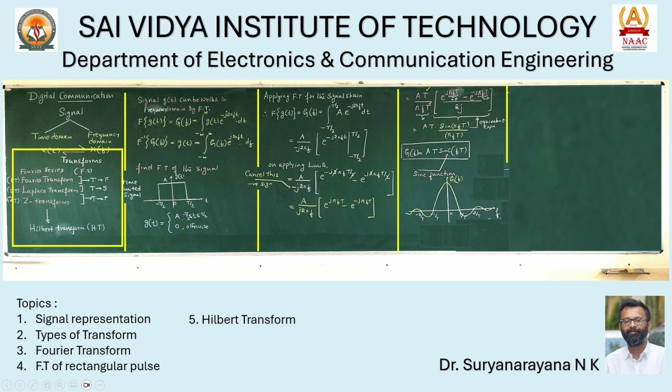All these transforms convert a signal from time domain to frequency domain. One such transform uses the time shifting property, that is phase shifting property in time domain only, that is Hilbert Transform. So in this session we will learn